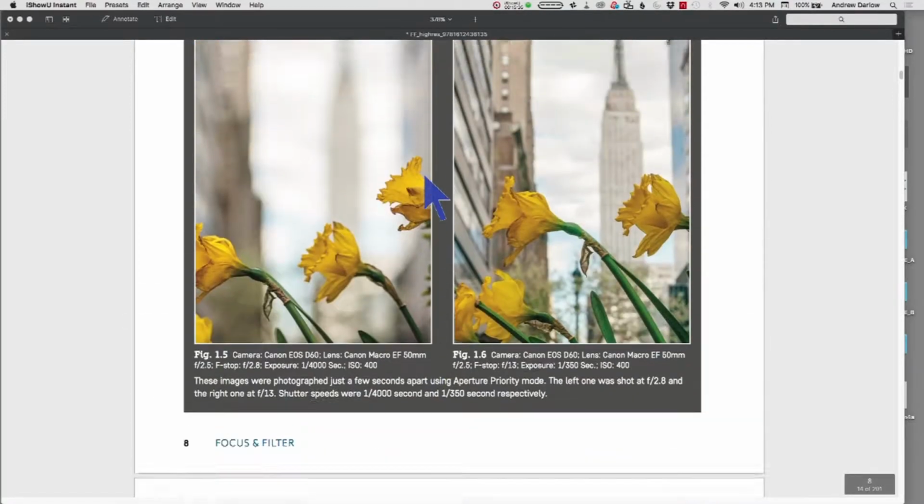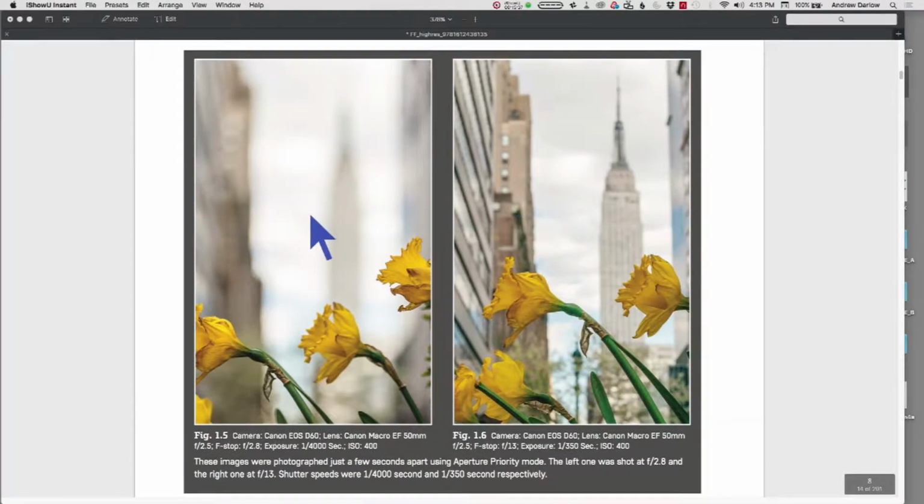And here's another example, just like the other one, where this was at f2.8 and this image was at f13. And you can see the difference in the sharpness of not just the difference in the buildings.